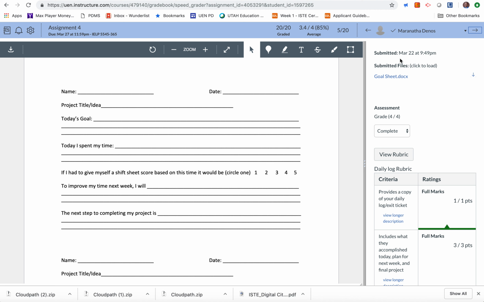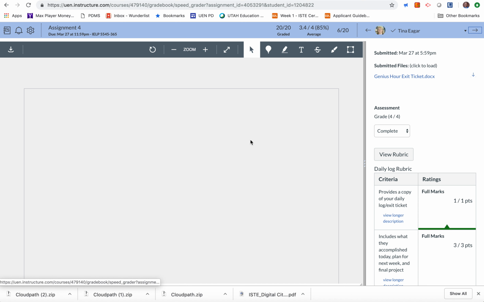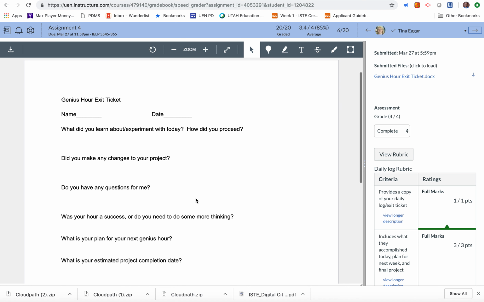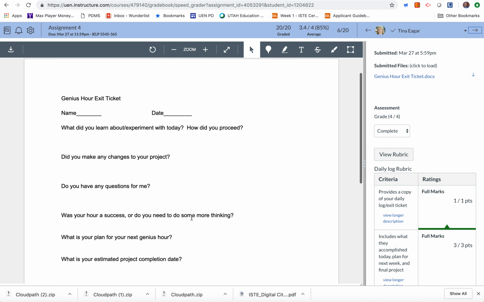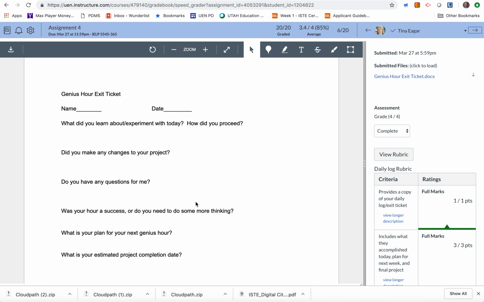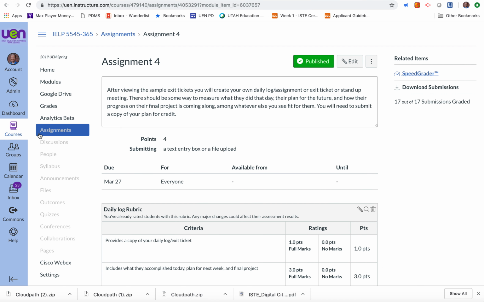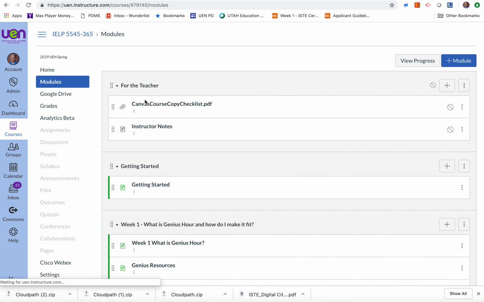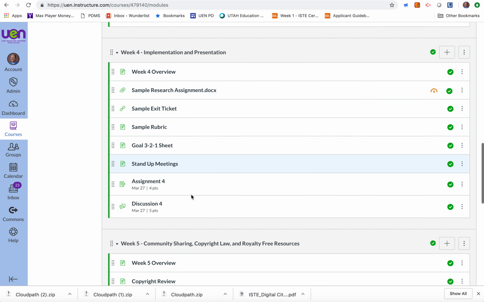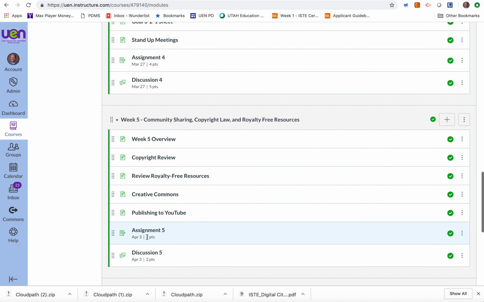Like if they need help with the research, the teacher can help out there. If they need help with the question, they can help out there. If they need help with technology, whatever piece of it is, they get that help in the exit ticket or in the stand-up meeting on how to guide the student. So the next thing I want to look at is number 23, which is provide alternative ways for students to show competency. And on this one,